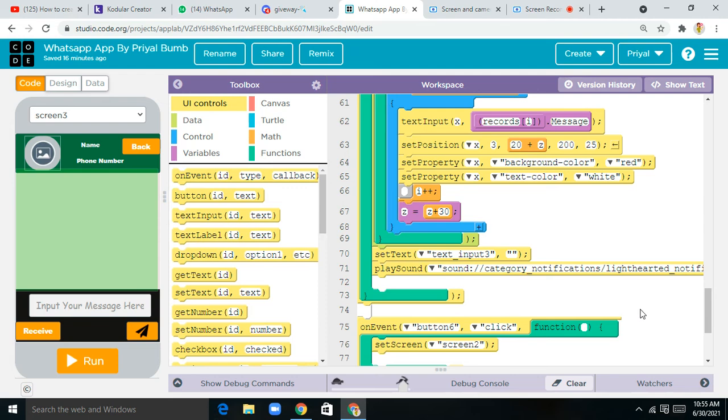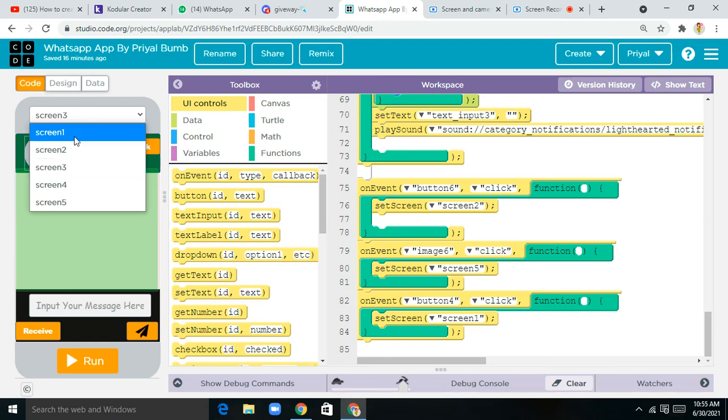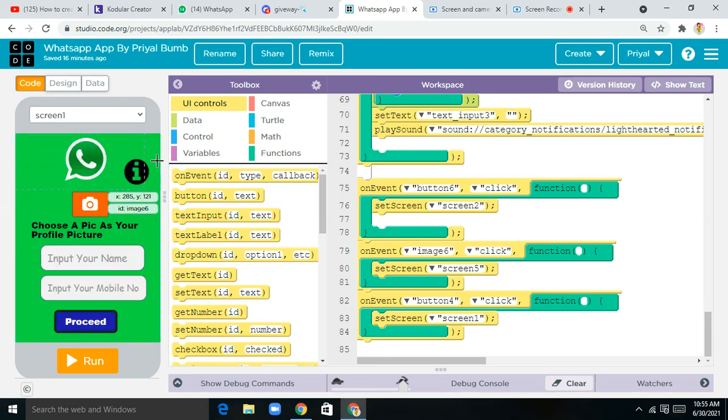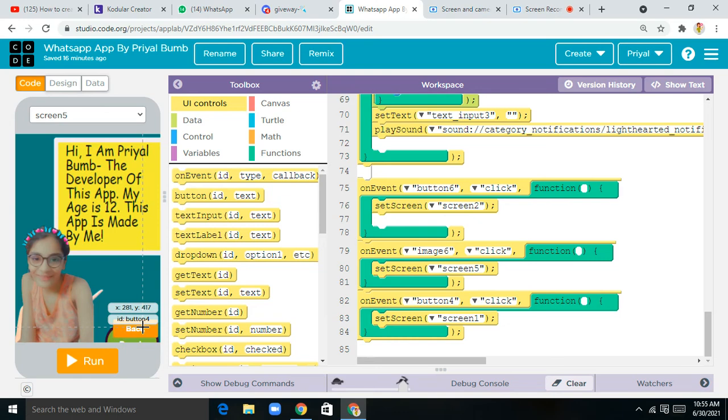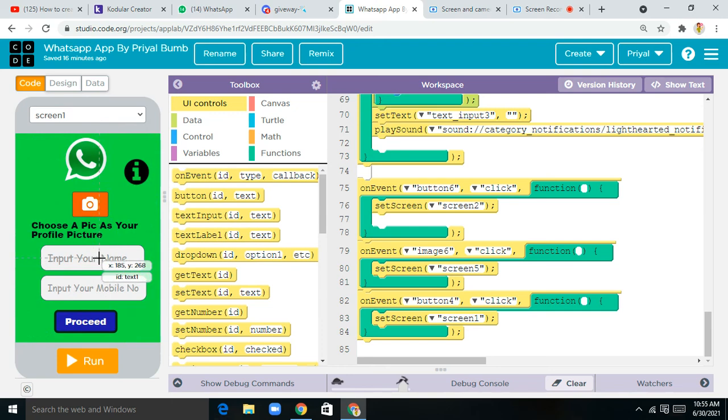Alright, like that. And now you'll be wondering, these image 6 and all these components aren't necessary. I've just taken them for the developer. What I want is, if any user taps on this image 6 component, then they should be redirected to a screen, that's about me. Now if they tap on this button number 4, then they should be redirected to screen number 1 again. So that's why I've done this little bit of coding for the about developer section. It's your choice if you want to do it or not. But I strongly suggest you do the about developer section also, so that people can't remix your project.